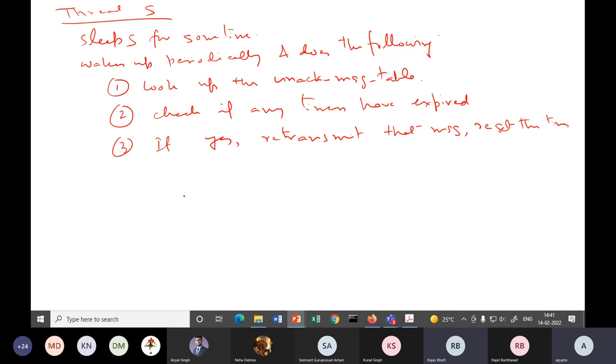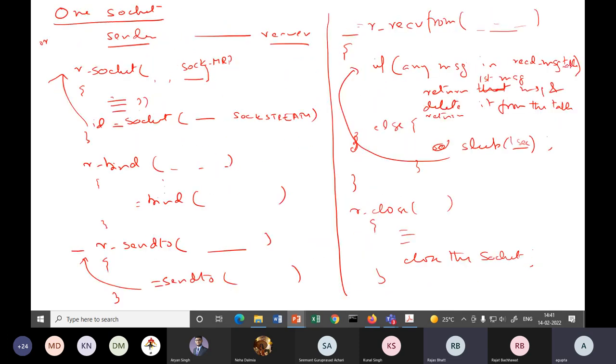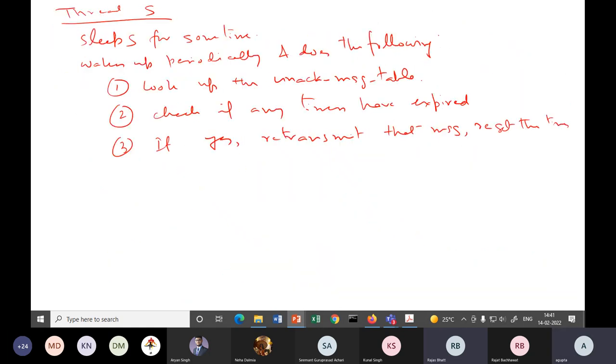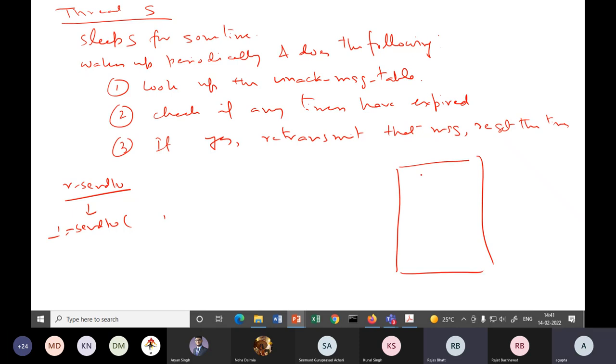So what is the unacknowledged message? The thing that I have said slightly wrong: it's not just sendto. So this is the one that is populating this unack message table. Let's try to understand what happens. When you make a sendto call, you'll call sendto, and then sendto returns something. My unacknowledged message table will contain, you have to design this table exactly,